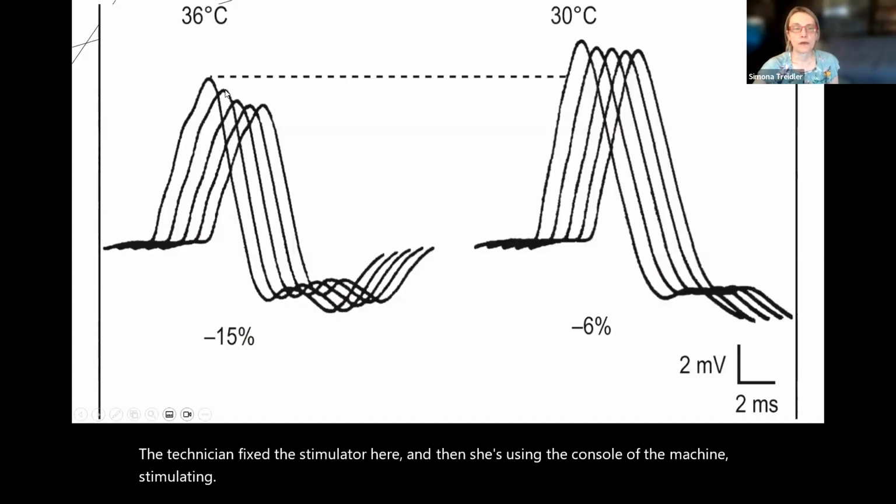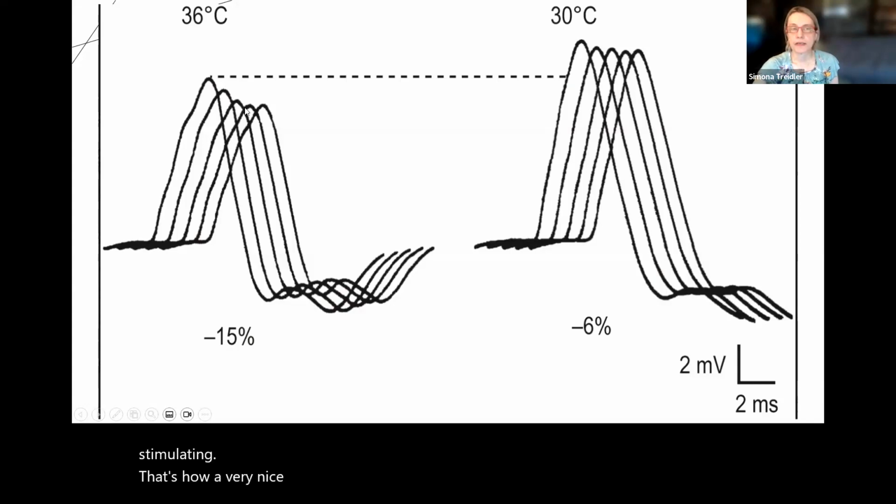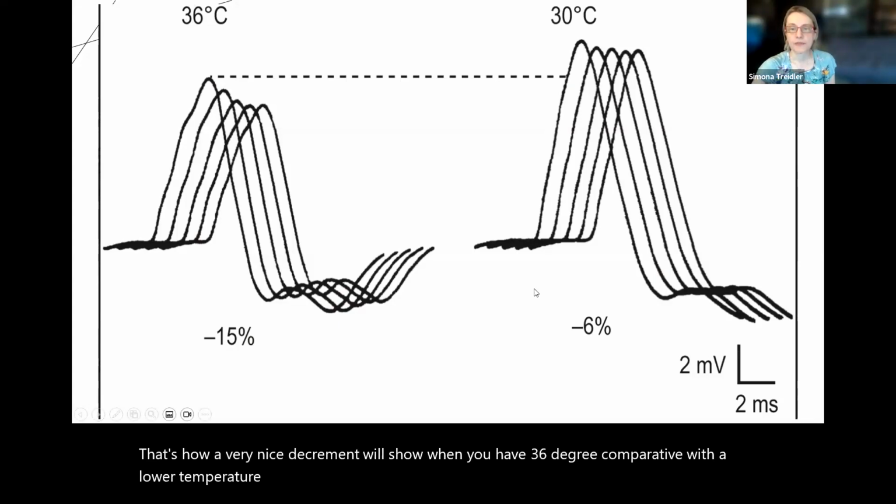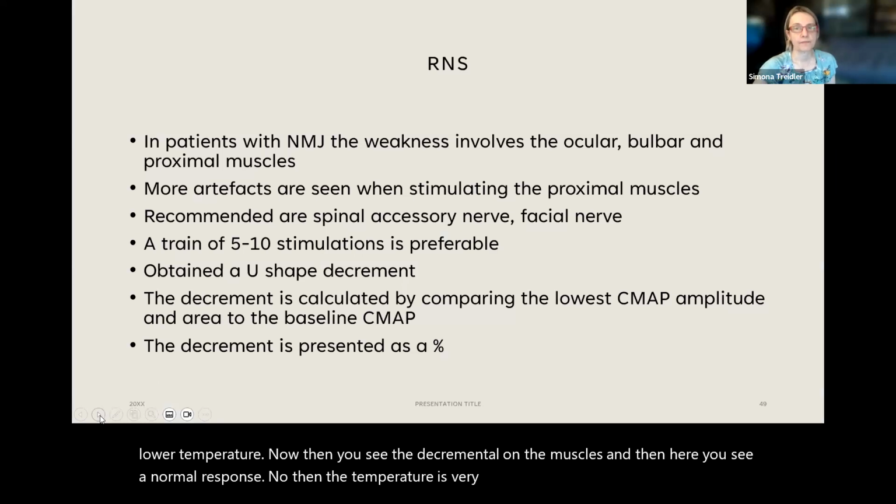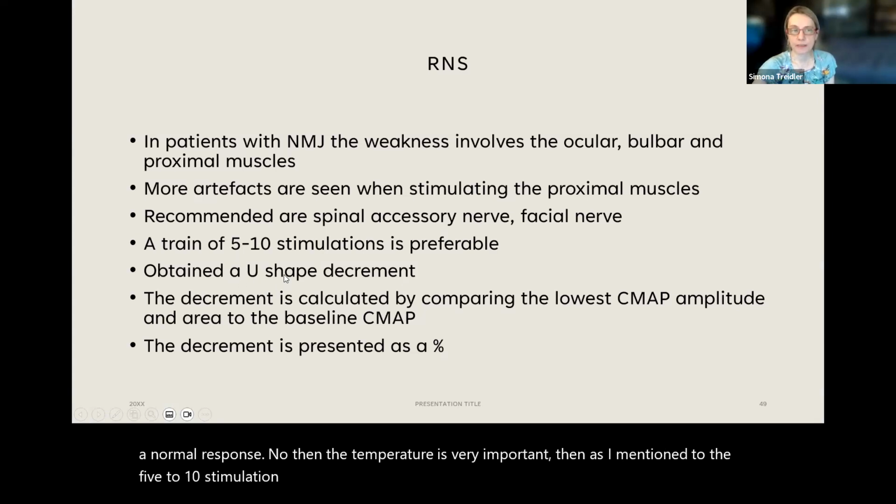That's how a very nice decrement will show when you have 36-degree comparative with a lower temperature. Then you see the decremental on the muscles, and then here you see a normal response. Then the temperature is very important. Then, as I mentioned, do the 5 to 10 stimulation, get the U-shaped decrement, pay attention to the artifacts that